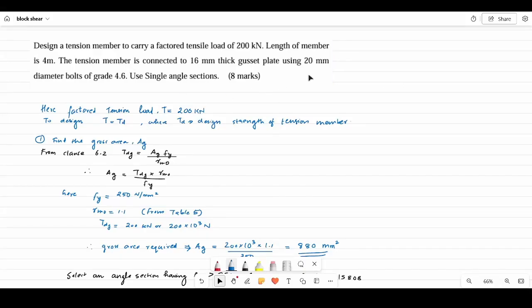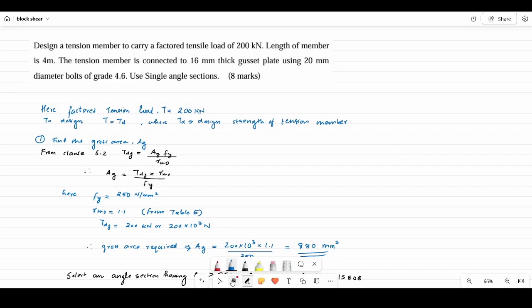So this is a question related to the design of a tension member to carry a factored tensile load of 200 kilonewton, and the length of the member is given as 4 meter. The tension member is to be connected to a 16 thick gusset plate using 20 diameter bolt of grade 4.6, and we have to use single angle sections. So the question itself, the factored load is given as 200 kilonewton,